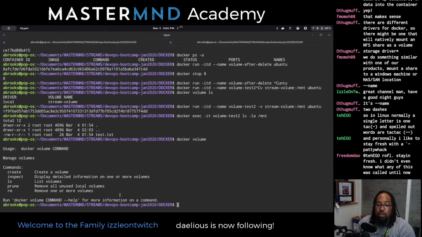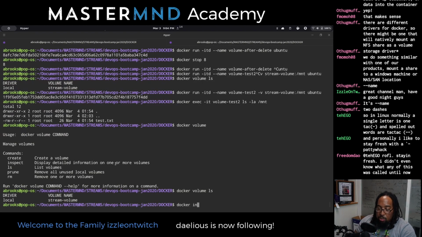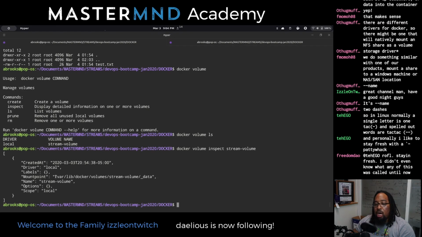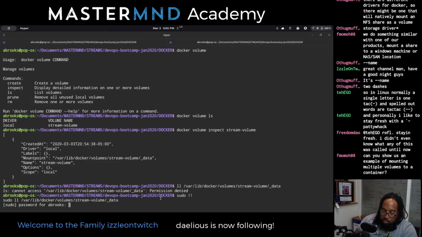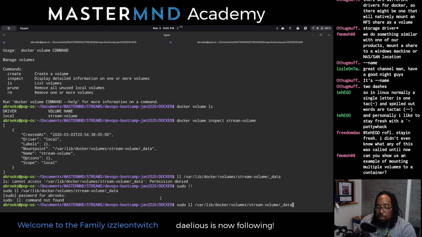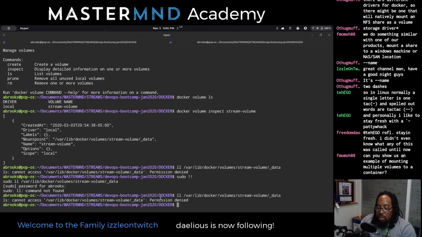And yeah, you got a little bit of information. You can also inspect these. If I do a docker volume ls, I can also do a docker volume inspect, and then the volume name. I can look at it and it'll just tell me where it is. This is where it is on my local machine. So if I do an ll, paste this in, well, now I need to do sudo. Actually, how do I do this? Is it sudo bang bang? You guys teach me something all the time. Okay, opposite. Is it sudo? Now if I do this and then I do sudo bang bang.